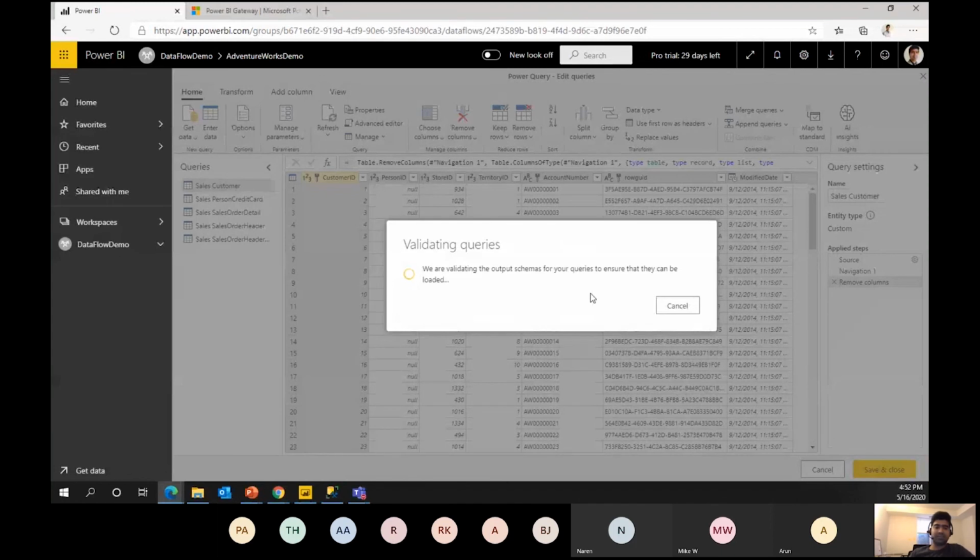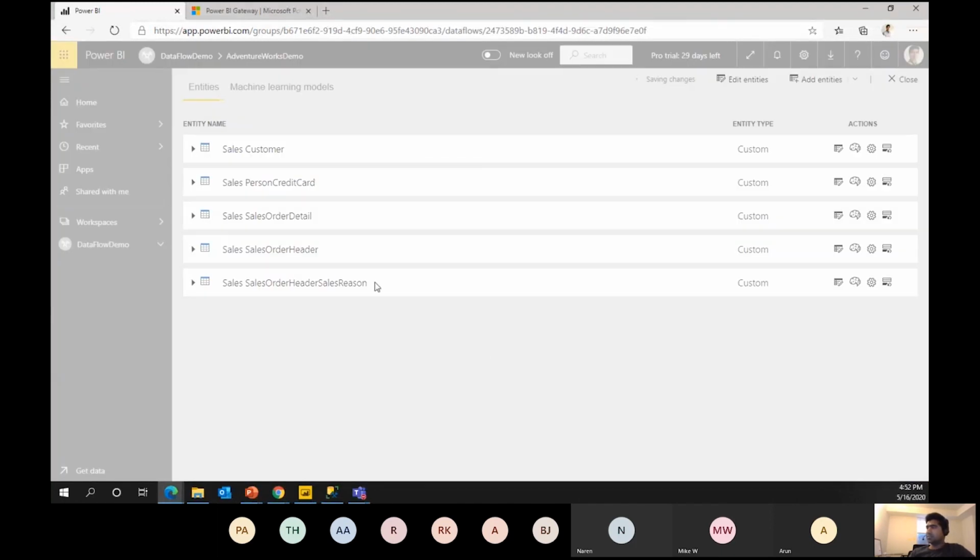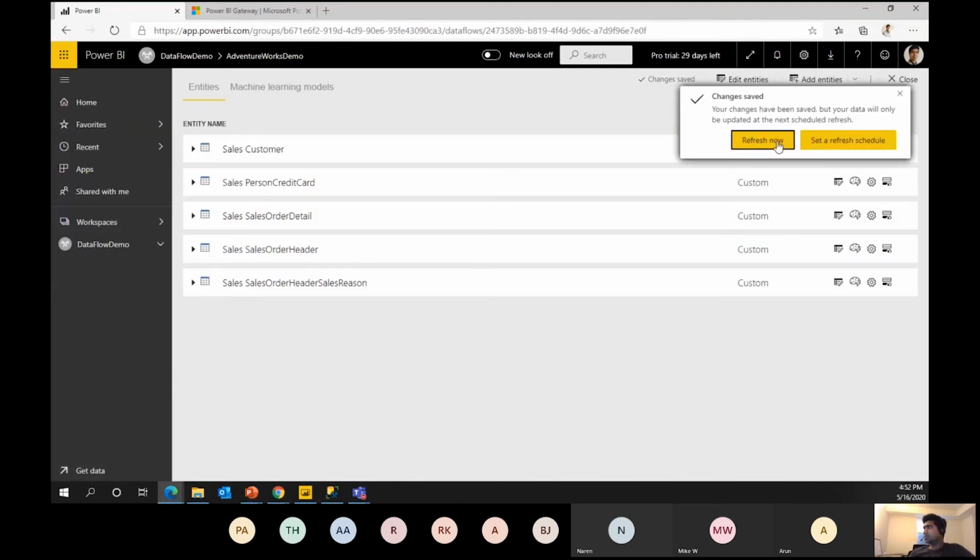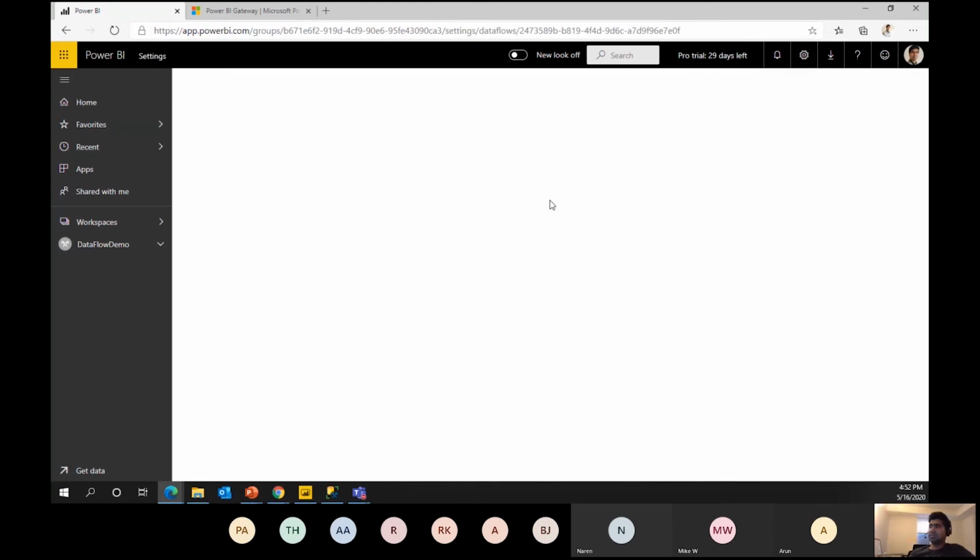Just give it a moment. Let's go to refresh now. First, let me try to schedule refresh and show you how it works here in Dataflow.